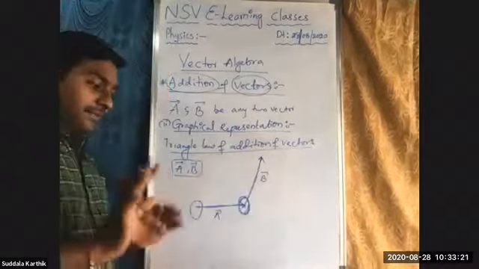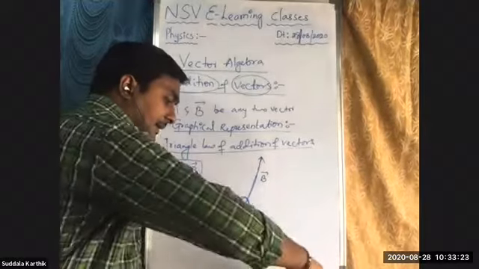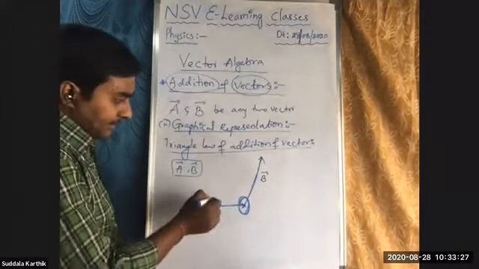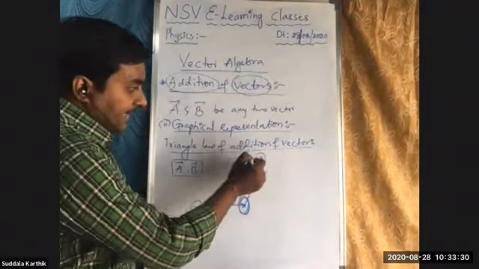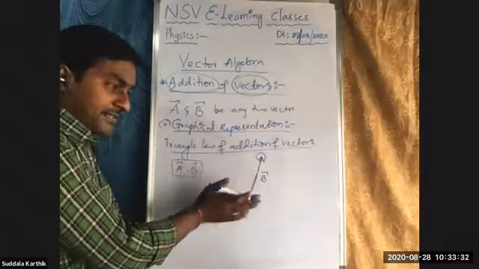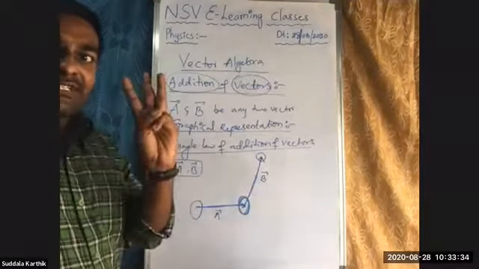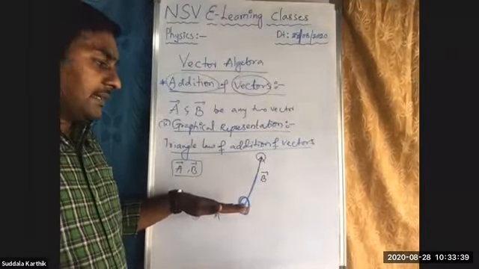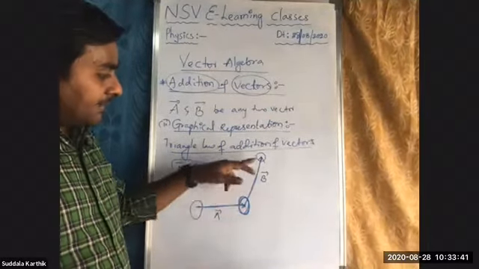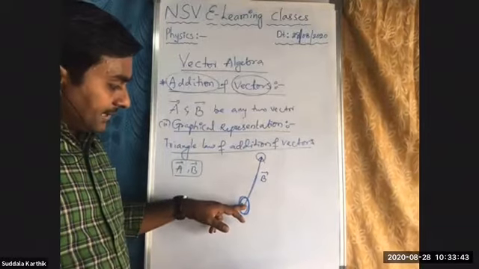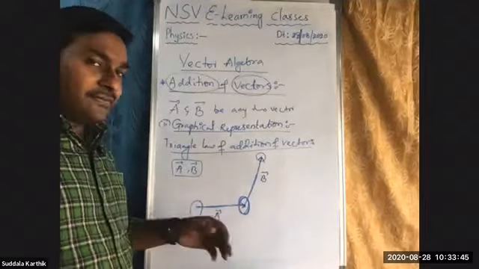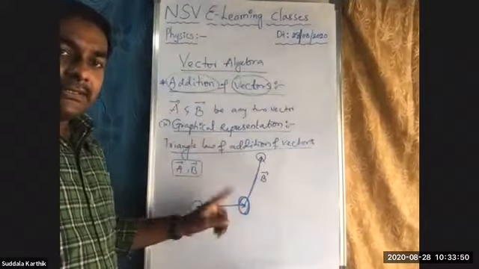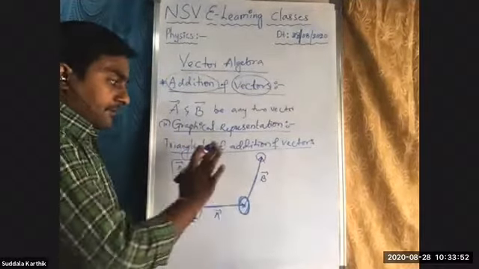Then in this graphical representation, definitely you will get it by joining. There are three different steps, Nana. First step, you place the first vector horizontally like this. Second step, you must place the tail of the second vector at the head of the first vector like this, Nana. Right? Then join like this after the second step is completed.